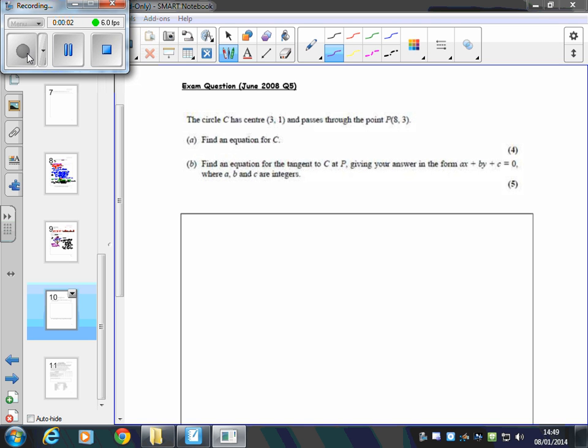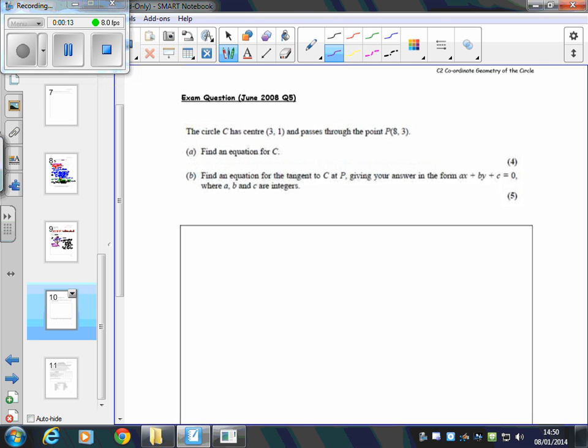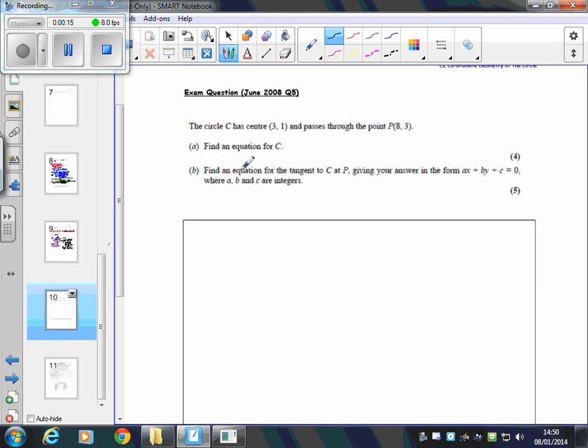Coordinate geometry of the circle, past paper question, June 2008, question 5. So here in part A, we're given that the centre of the circle is (3, 1), and it passes through the point P, which is (8, 3). So using (x minus a) squared plus (y minus b) squared equals r squared, we can find that